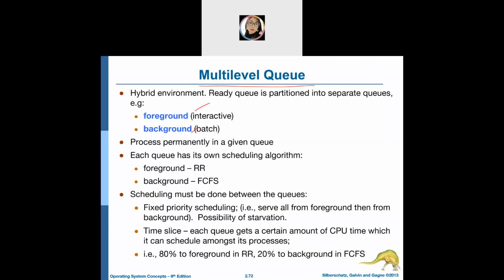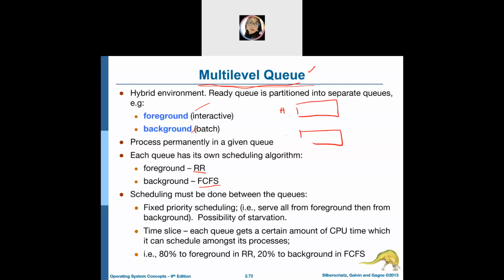Now we will look into the multi-level queue. This is the last algorithm, but although this is another new algorithm, you still need to apply the round robin and also FCFS, first come first serve, and round robin. So in the multi-level queue, you need to separate into several queues, and mostly we have 2 queues at least,